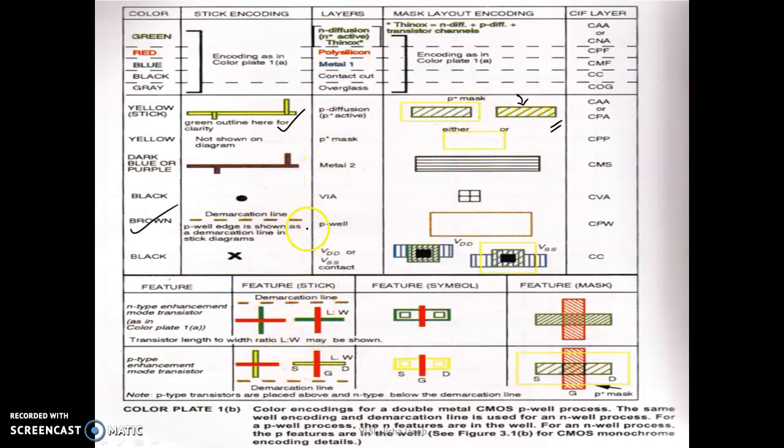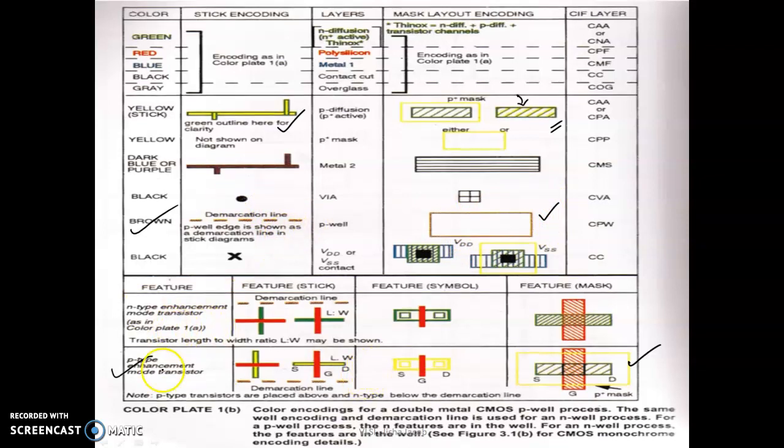Next up is the demarcation line. The demarcation line is used to show the difference in substrate between the components on one side as well as the other side. And when you translate it into layout, it becomes a brown box instead of a dashed line. Okay. Next up is the P-type enhancement mode transistor, and this is how you can draw it. You have the green hashed diffusion here. It is widely spaced, and you can add a yellow box, or you can actually add yellow shading for these lines. Okay. Either way, it is a P-type enhancement mode transistor.